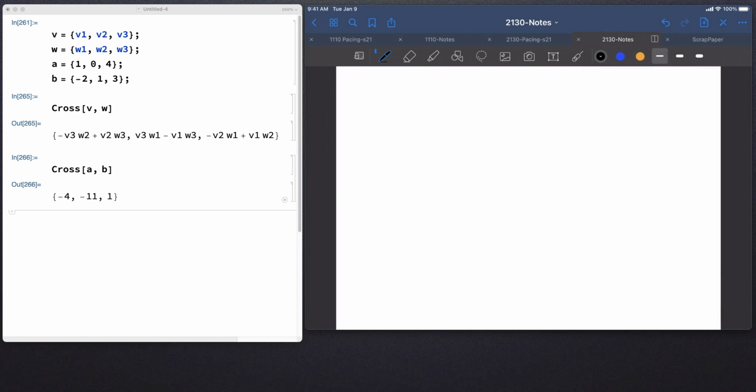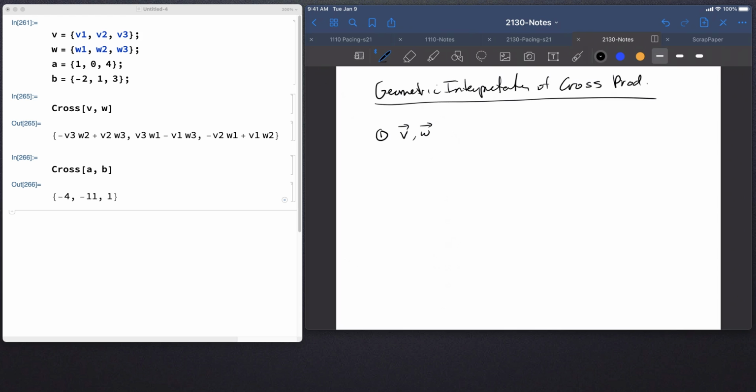Alright, so the next thing we need to talk about is geometric interpretations of the cross product. Like why are we working so hard on this computation of the cross product? Now the easy answer here is remembering from the definition, right? So if you have V and W given, you can find V cross W, right? That maybe the way to see this is just to remember that the cross product was defined in the first place, right, as